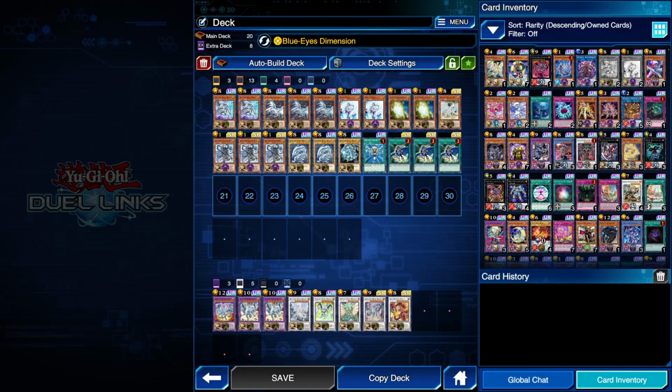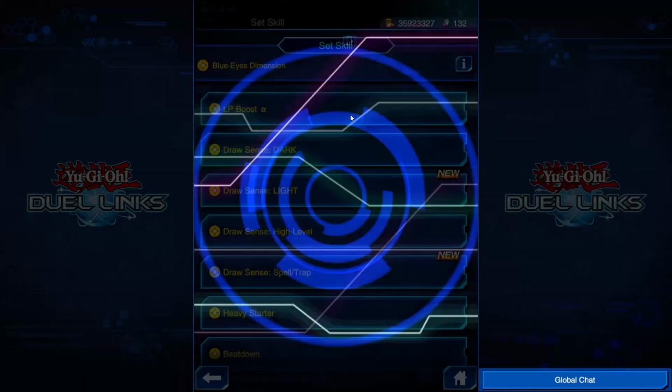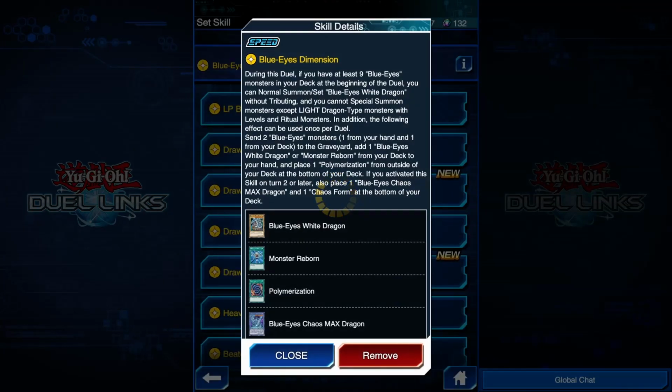And today, I'm going to be going over the Blue Eyes list that I used to hit King of Games for November of 2023. The skill is called Blue Eyes Dimension. It requires you to have at least 9 Blue Eyes monsters in your main deck at the beginning of the duel. As long as you do, you can normal summon Blue Eyes White Dragon without tributing, as well as set